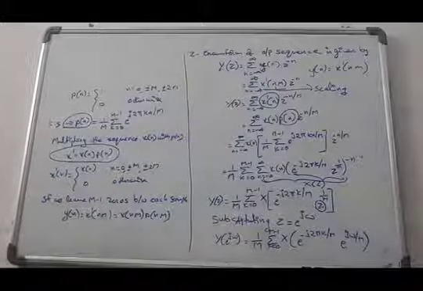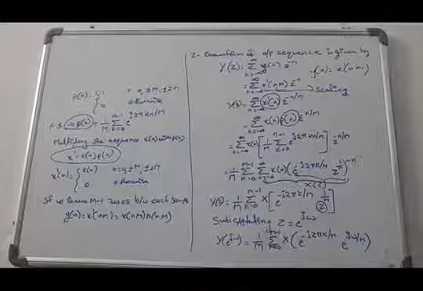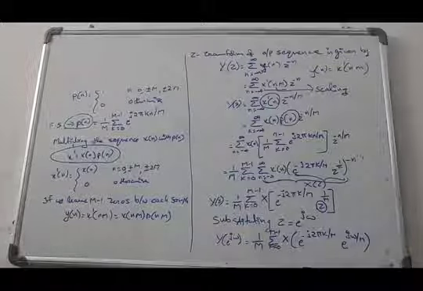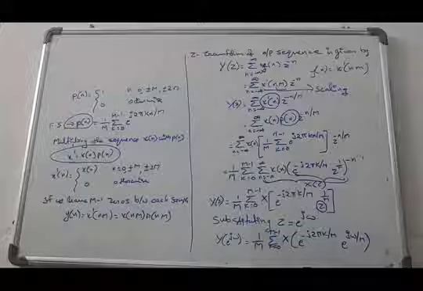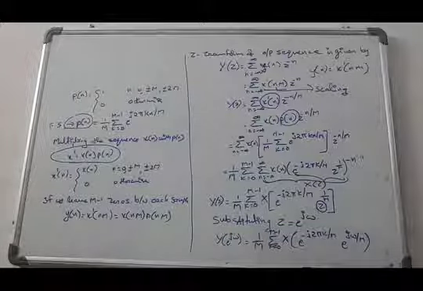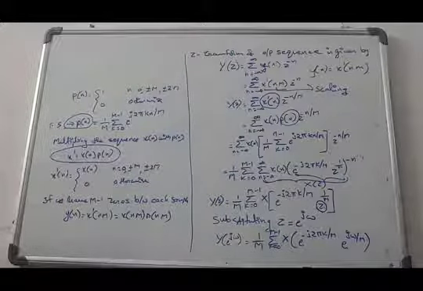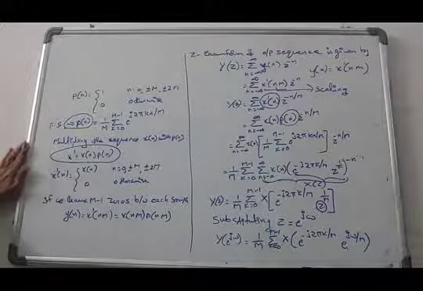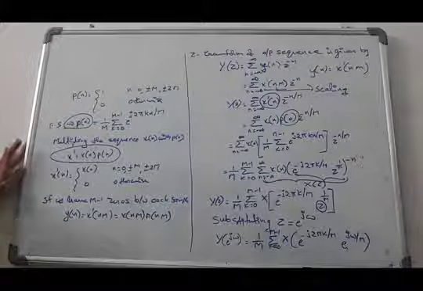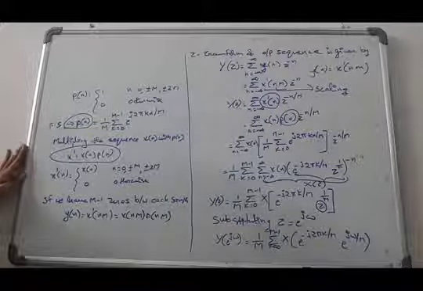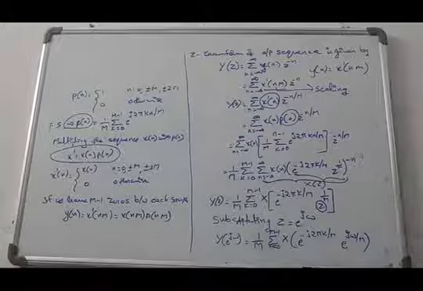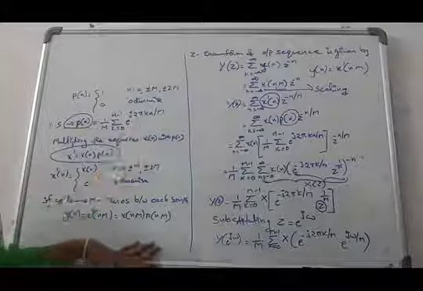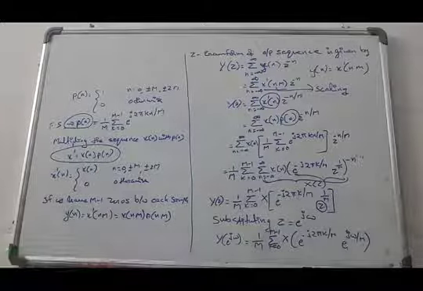Now we have to draw the Fourier transform. We find that the Fourier transform of the input signal of a downsampler is x of e power j omega, and the Fourier transform of the output signal y of n is y of e power j omega. It is a sum of m uniformly shifted versions of x of omega. So now we have to take two sample signals, and I have to draw the spectrum of the output and input signals.